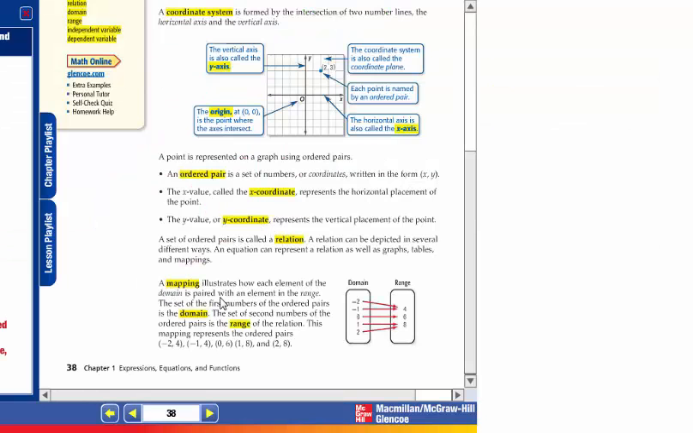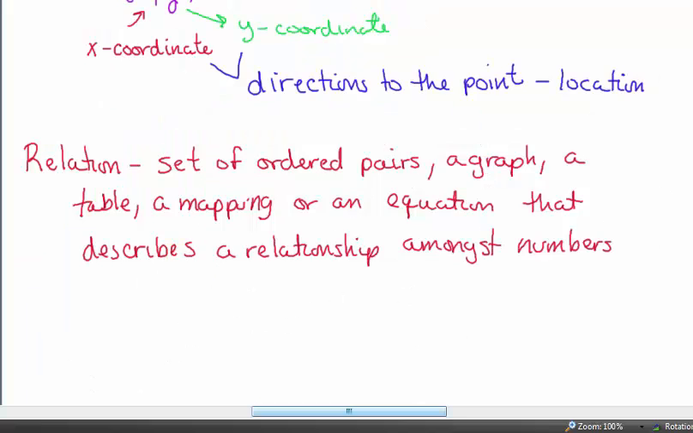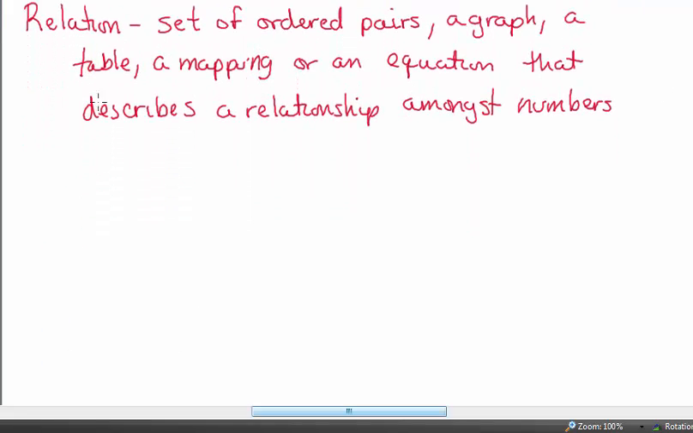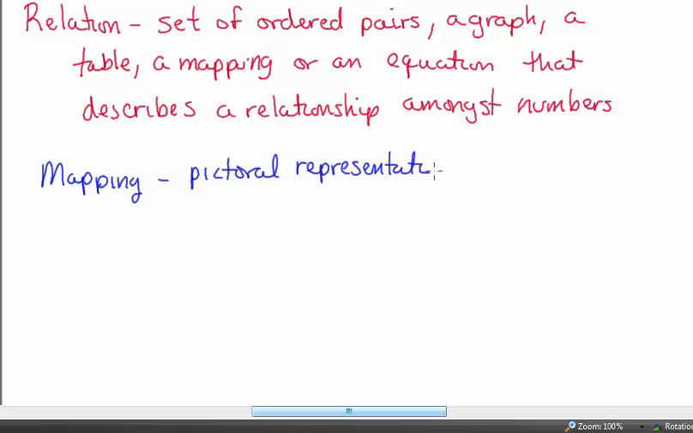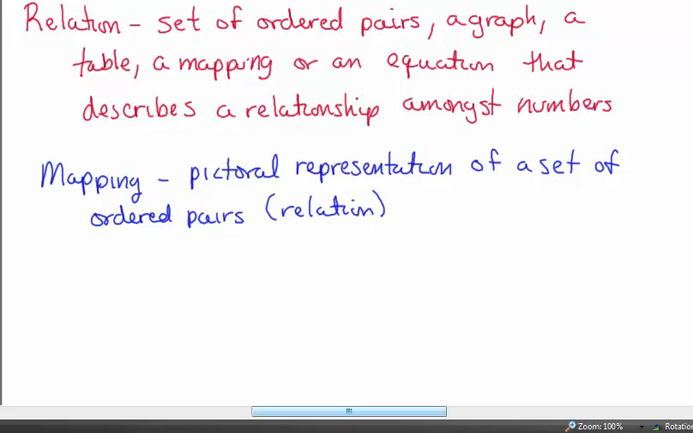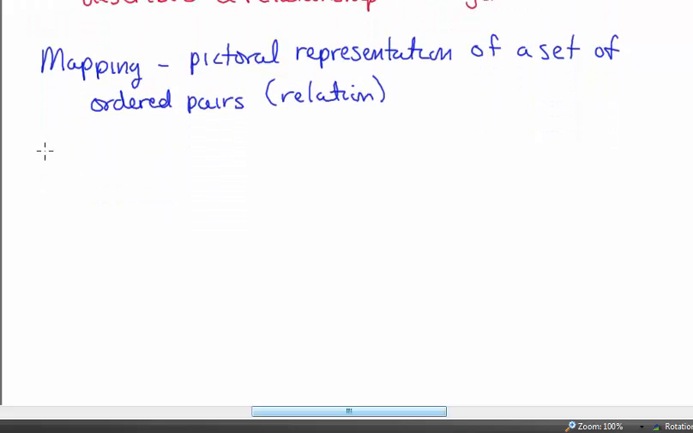Right, the next one we have is a mapping. Okay, a mapping is, if you think about it, like a map. A mapping is a pictorial representation of a set of ordered pairs, or a relation. And so if we have, for example, a set of ordered pairs